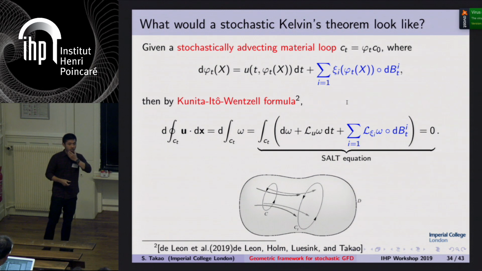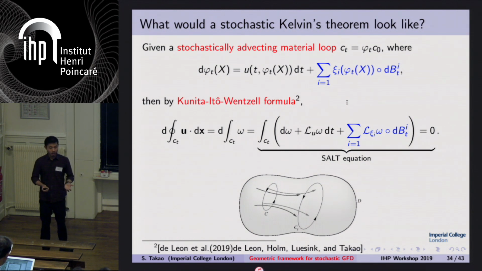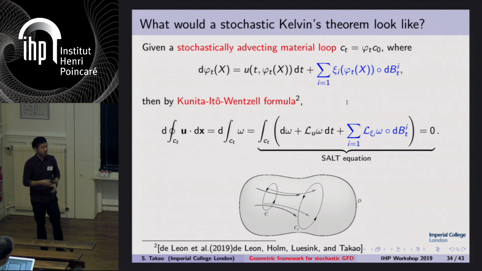So what does the Kelvin circulation theorem look like in the stochastic case? Now instead of having a loop that's being advected by a smooth velocity, you have that the material loop is being advected along this stochastic path. So the Lagrangian,